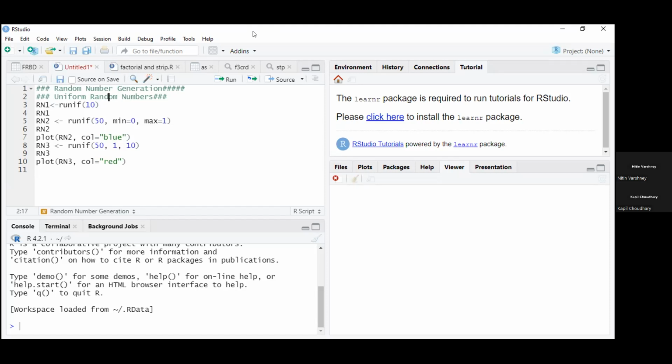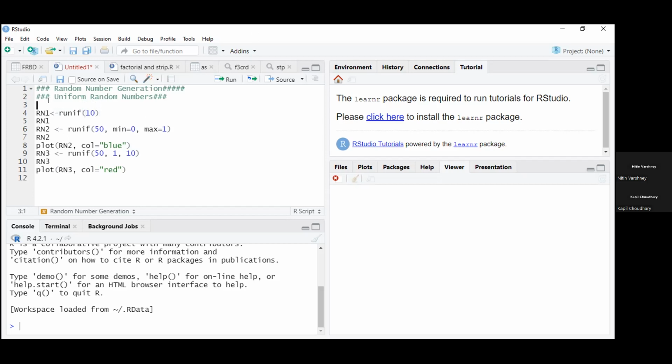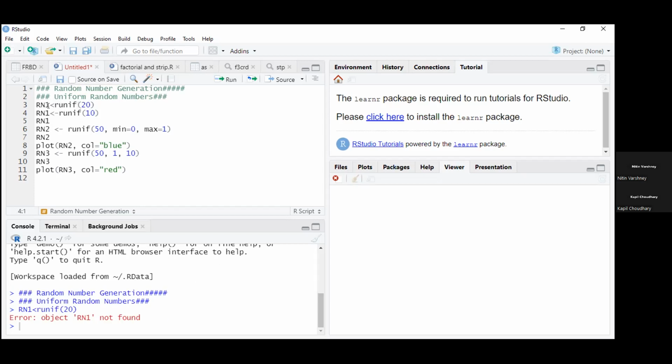It should have some properties like uniformness. So suppose I am generating random numbers, for example. For that, simply we will write runif, because I will generate so many numbers. runif means r is for random, and unif means uniform, and suppose I am generating 20 random numbers. So this will give us